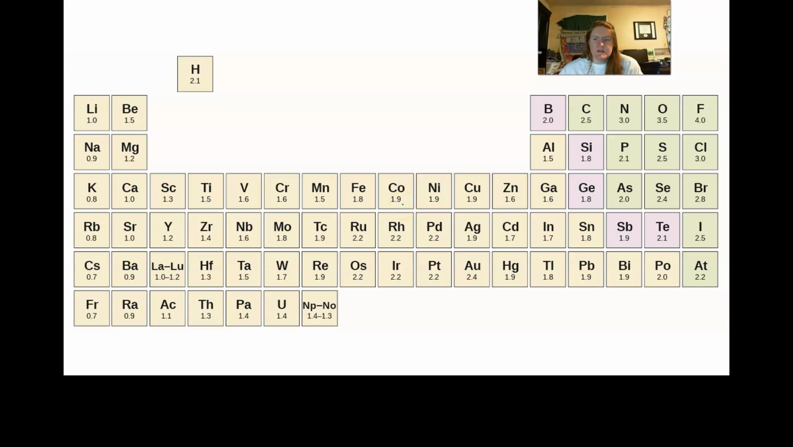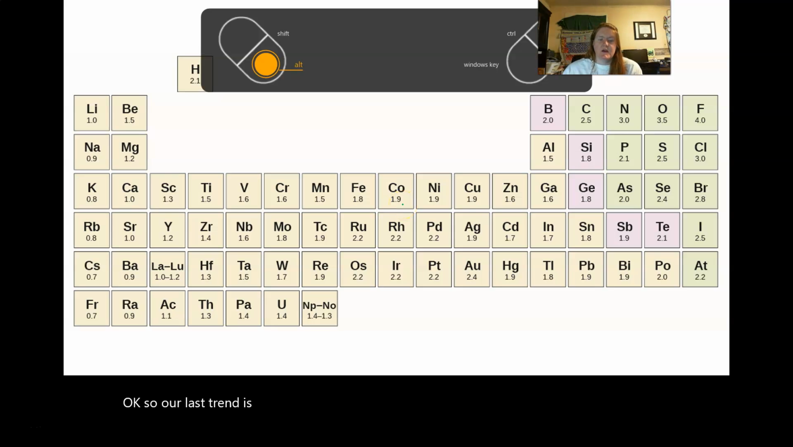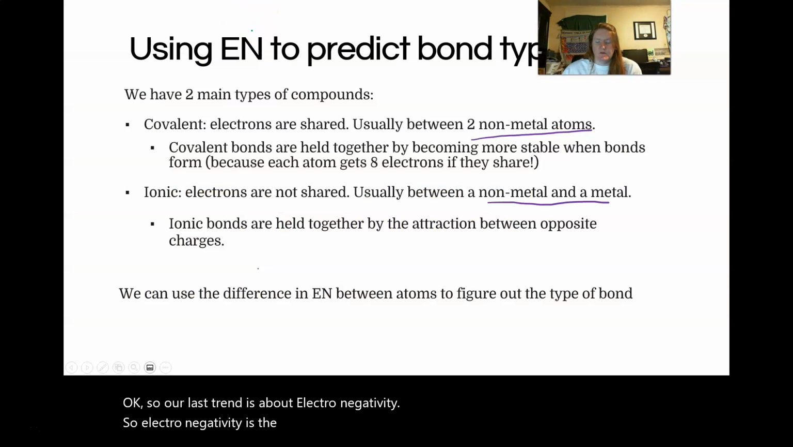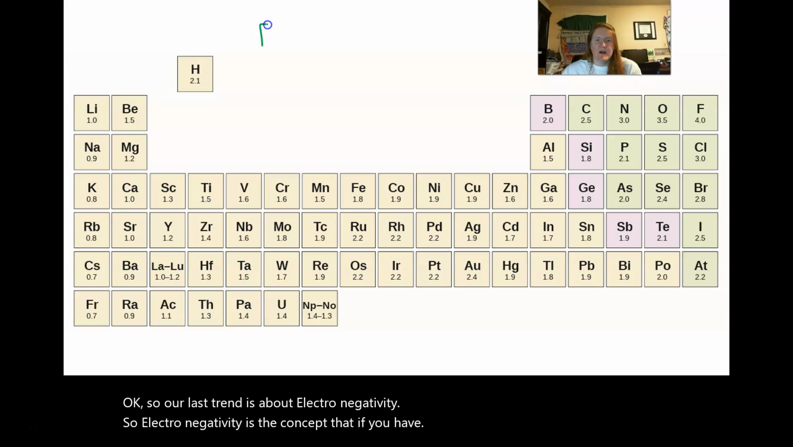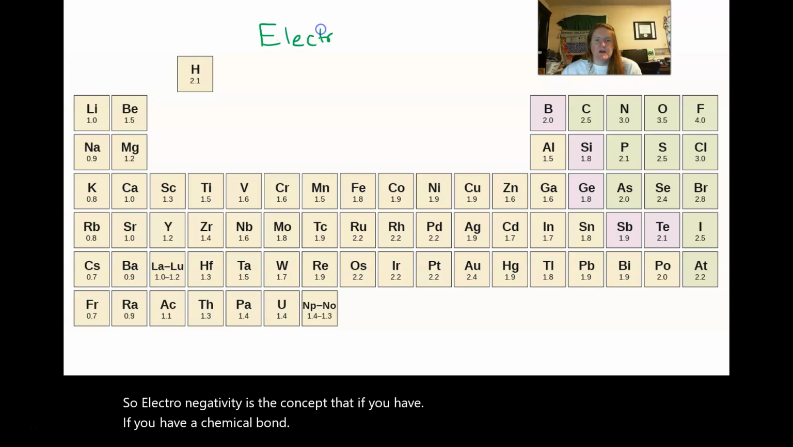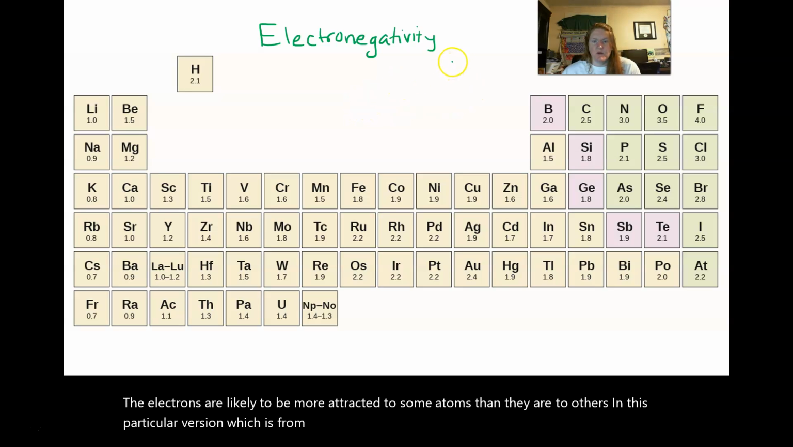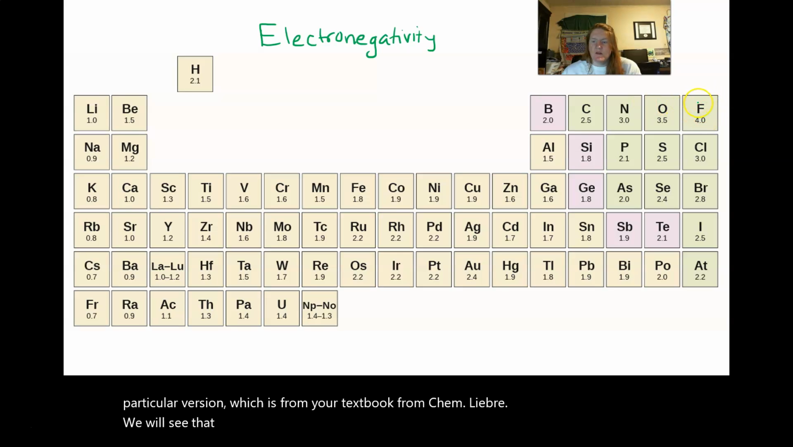Okay, so our last trend is about electronegativity. Electronegativity is the concept that if you have a chemical bond, the electrons are likely to be more attracted to some atoms than they are to others. In this particular version, which is from your textbook from ChemLibre, we will see that the highest electronegativity value